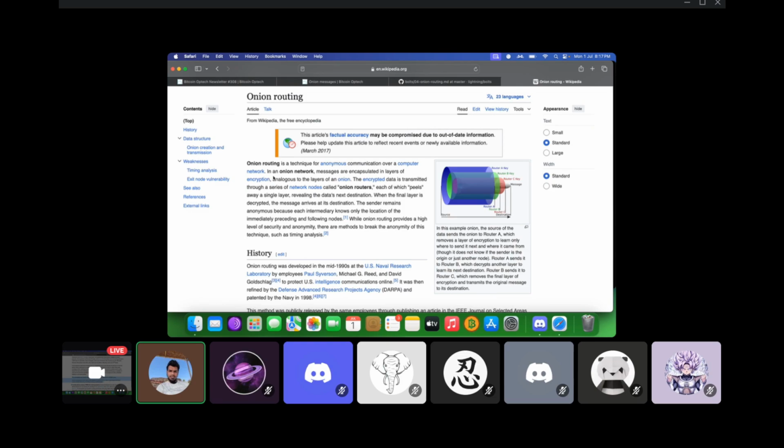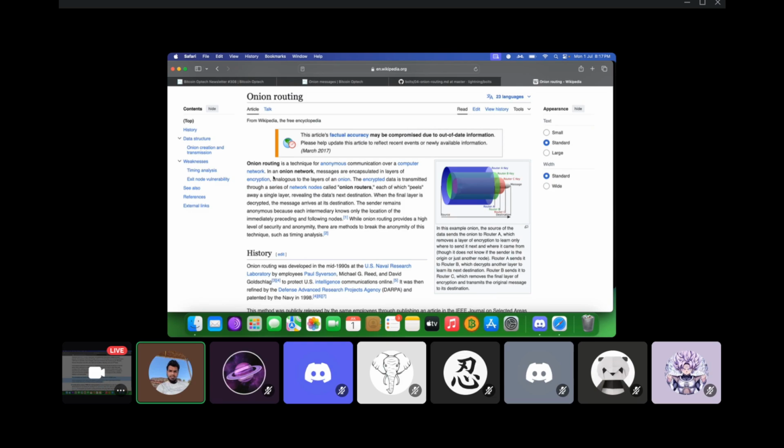These onion messages are messages that have multiple layers to them. When Alice routes this onion message to Charlie, who is the first participant in this route, Charlie will peel the first layer and gain access to information that is only specific to him, and then he'll forward it to the next participant. The next participant will peel the next layer and get the information that is only specific to him, and then he'll forward it to the final participant, who will peel the layer and find the message, which is the lightning payment. So this is how it works.